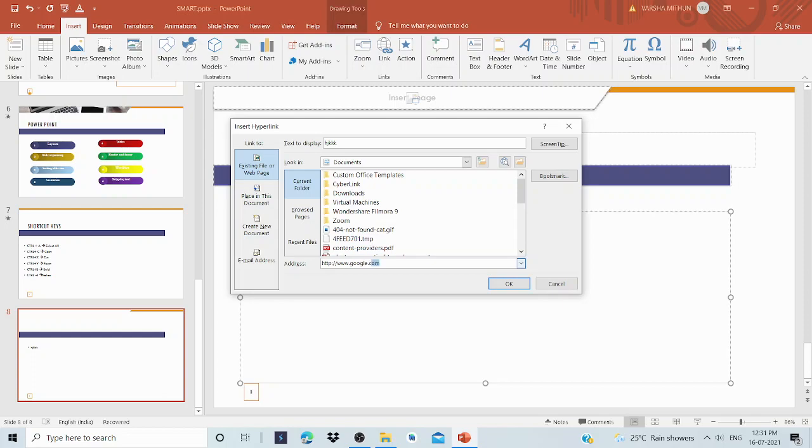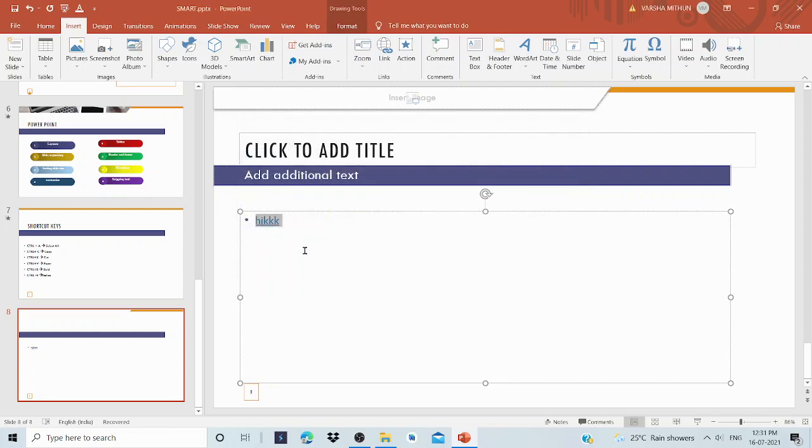So this text is converted to a link. We can follow the link by pressing Control plus click, that is, pressing the Control button and then clicking on this link. We can move to the address of this link. Here the address is google.com. This is how we can add a link.